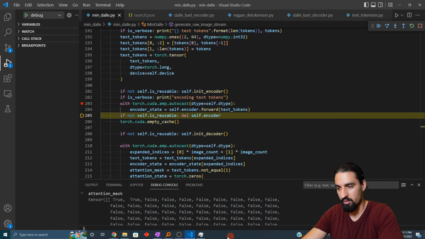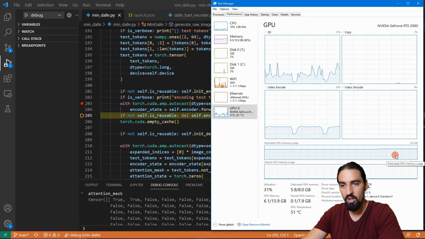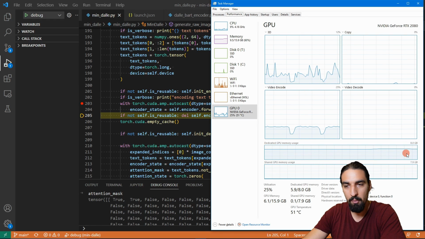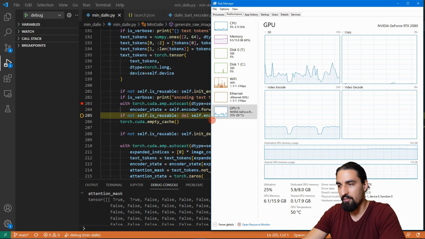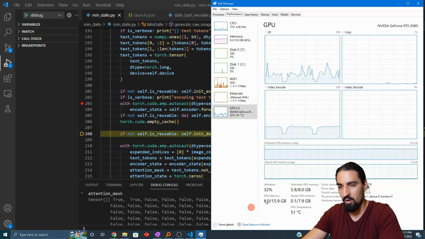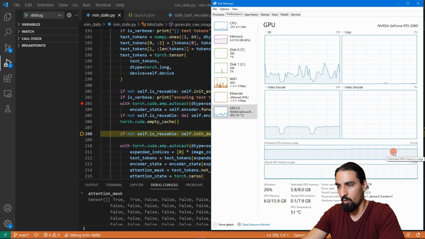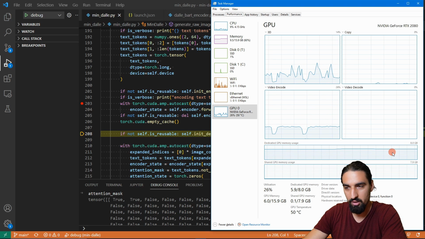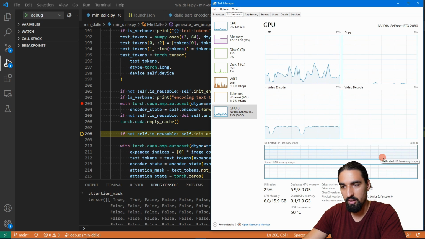Let's see how the memory footprint is gonna reduce. Okay, so the memory footprint went up. You can see it here. And after we hit delete and empty cache, you're gonna see how it kind of dips down. Hopefully, I'm not sure what's going on. Why is my GPU not reacting here? Not sure. In any case,